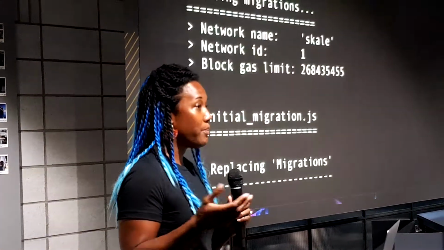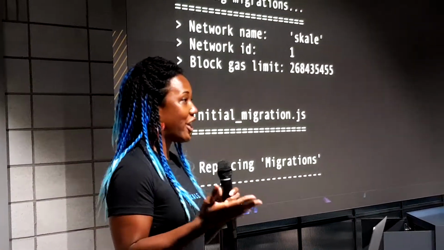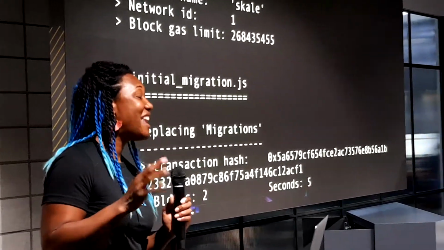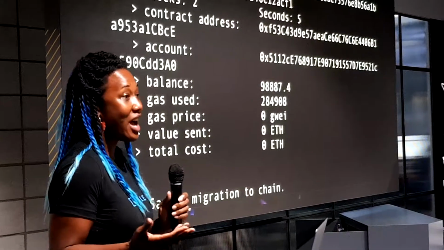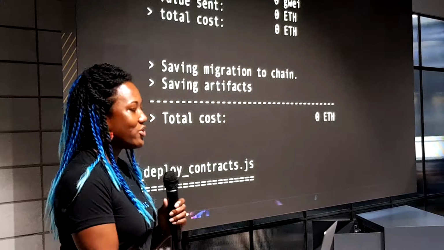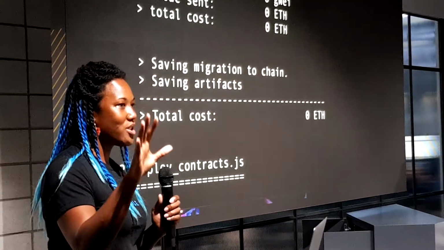If you have a really complex smart contract and there's an error on deployment, guess what? You have to restart that 15 minutes. And that is a headache if you don't have time or you just want to go to sleep because you've been coding all day. So one of the things you're seeing here is that instead of deploying one smart contract,